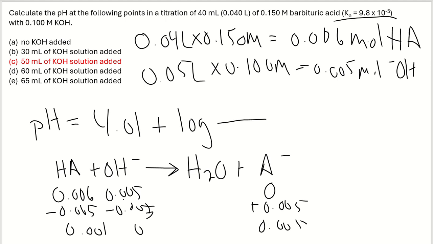And so what we get is A minus is 0.005 and the bottom 0.001. So all you would do in your calculator is put in the pKa, which is 4.01, and then add the log of 0.005 over 0.001, which is the same as 5. And what we get is 4.71,